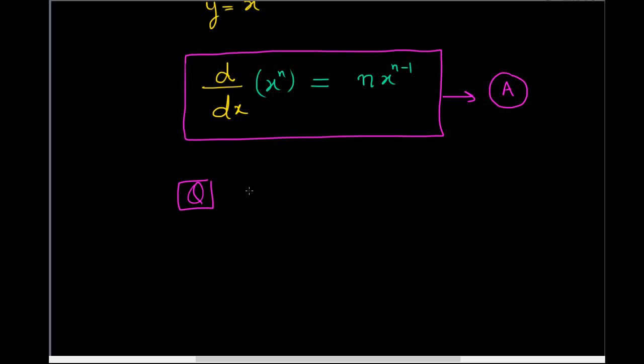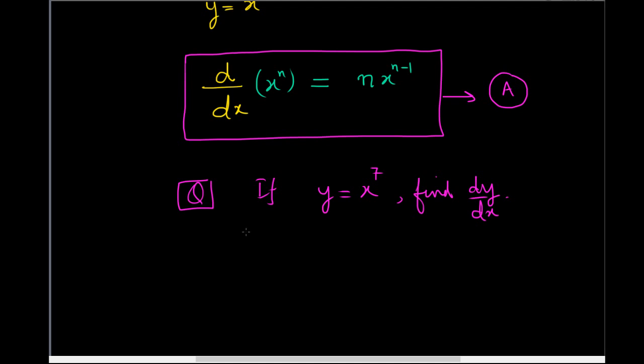Let's see this question first of all. Suppose the question is: if y equals x to the 7, then find dy over dx. dy over dx means the derivative d over dx of y, that is, the derivative of y with respect to x. So to solve this problem,